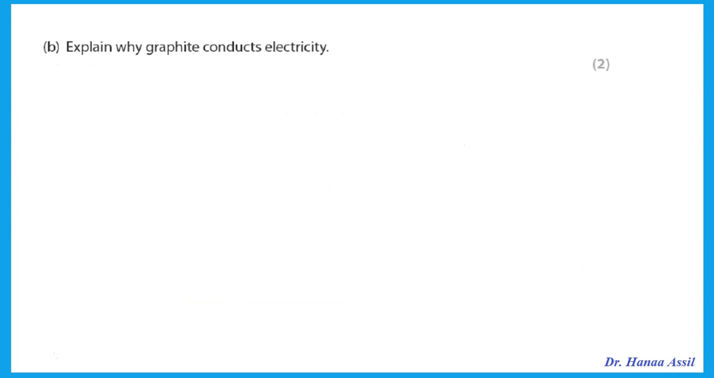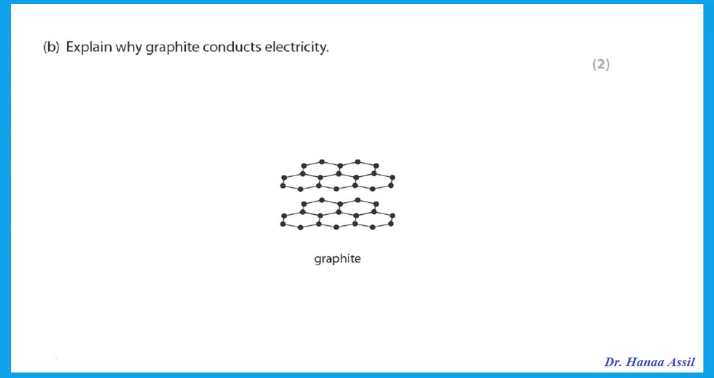Now explain why graphite conducts electricity. You should know that in graphite each carbon is covalently bonded to how many? Each carbon is covalently bonded to 3 other carbons. Carbon has 4 electrons. It used only 3 for bonding, so there are free